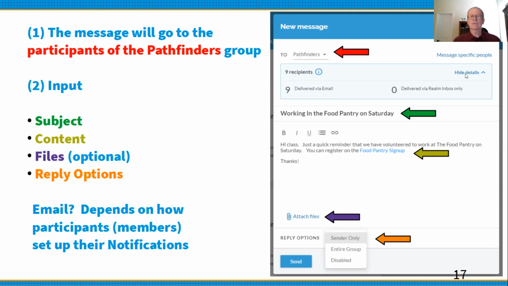You can click, I think it's show details, and it'll tell you how the people are set up. In this case, everybody's set up to receive an email on a message, but they could have been set up to only see it through the inbox, this part of Realm. Now you would go in and input a subject. Be sure to do a good job of giving the subject, because people get a lot of email and a lot of information. So make sure they realize, oh, this is from Millbrook United Methodist Church, and I want to take a look at it. You put in your content,